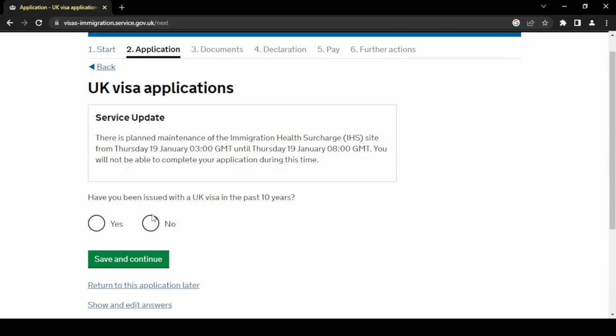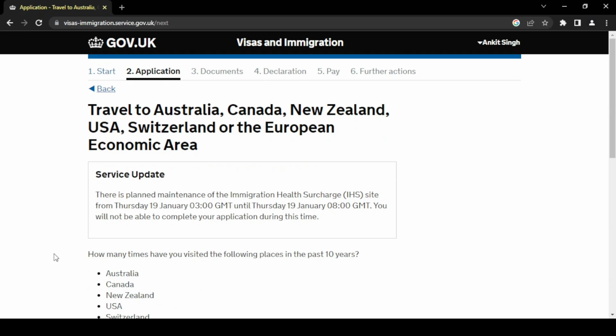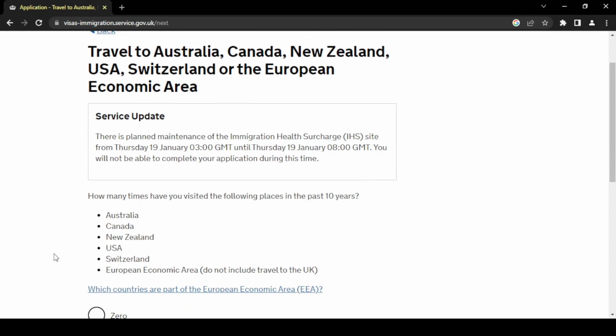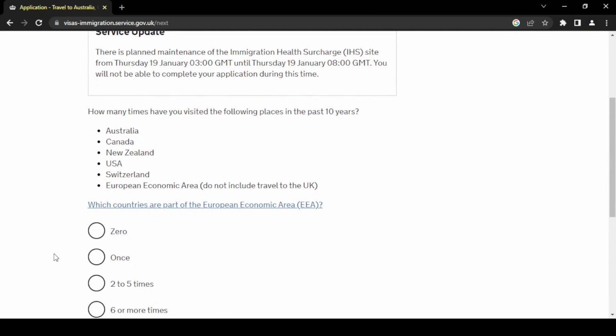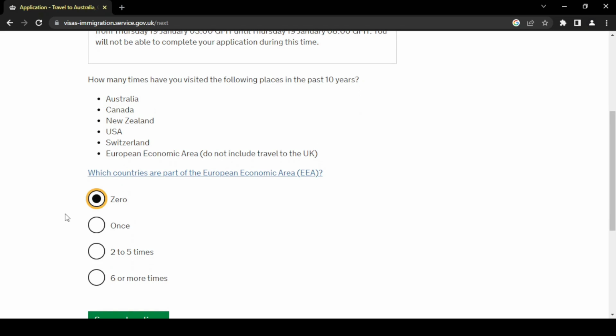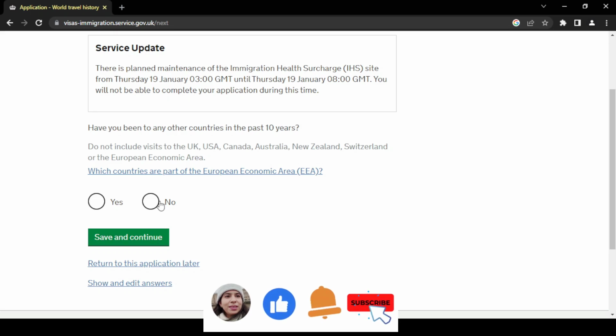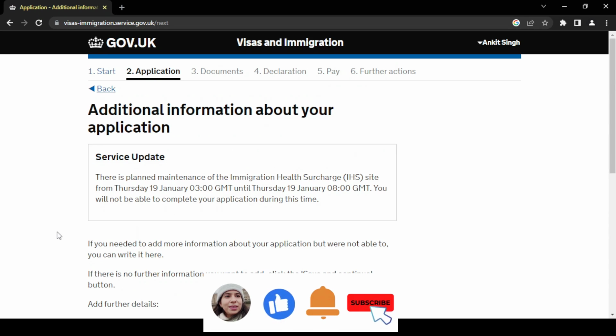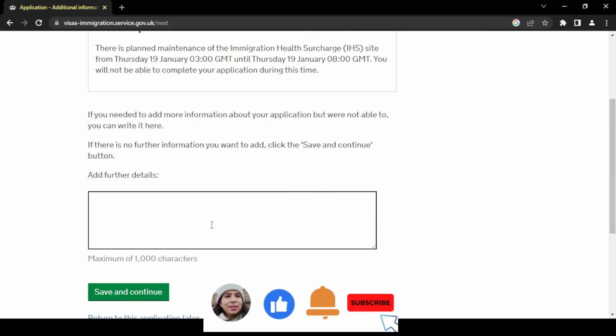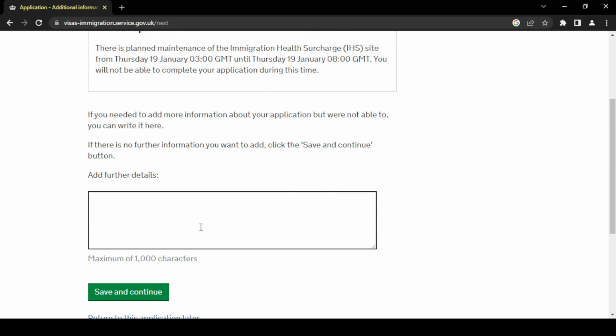Have you been issued a UK visa? No. Have you been to these countries? We have not been to these countries, so 0. World travel history, there is no world travel history, so select no, or whatever you have. Any other information if you want to add here, you can type the information here and then click on